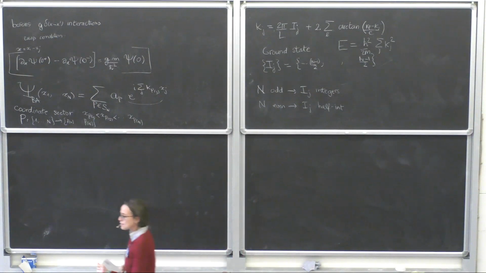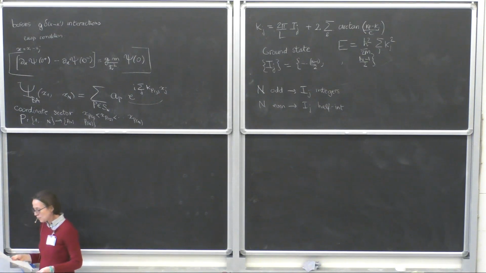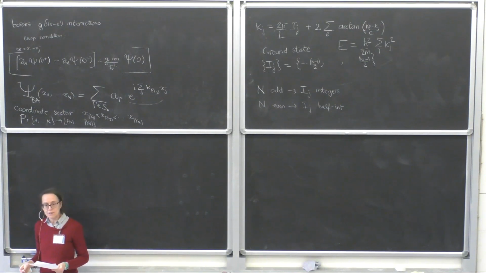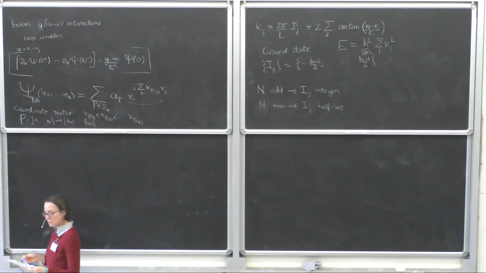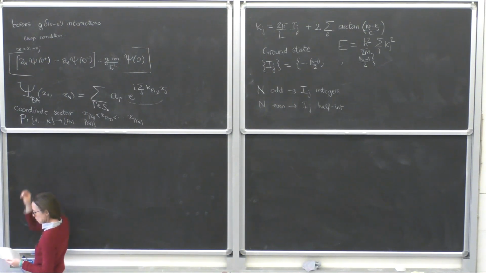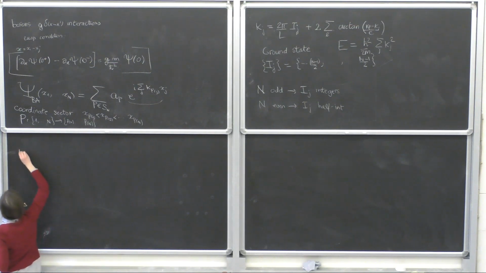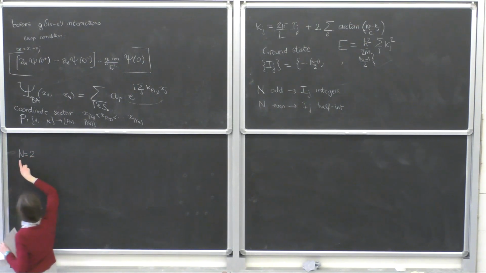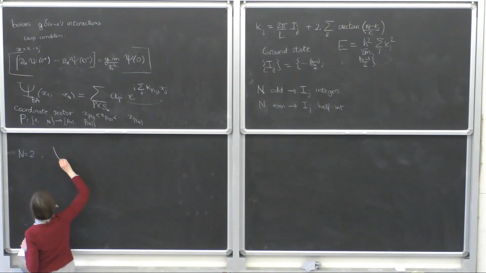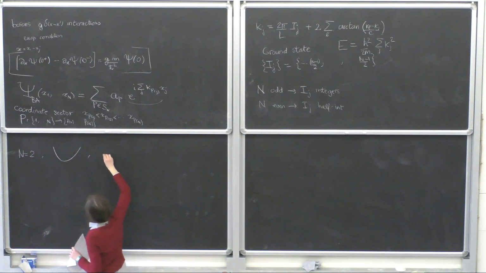So in the case of the presence of an external confinement, in general, we cannot solve the many-body problem exactly. It's not integrable for arbitrary interaction. The only case where it is solvable is for two particles. So for example, if you have two particles, a harmonic confinement, and the arbitrary interaction g, then this problem can